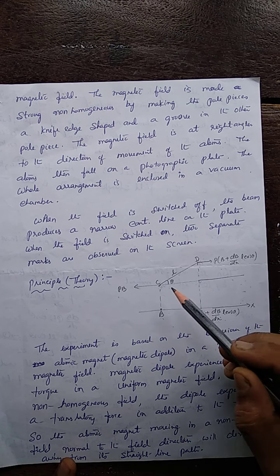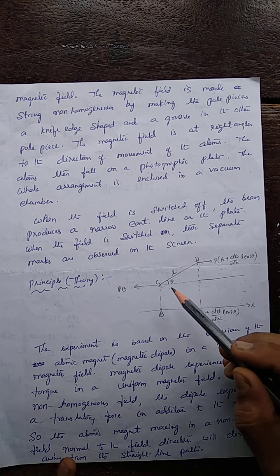So here, suppose the atoms move in this field. Let the field length be L, the total path traveled before they hit the photographic plate. Let the atoms be traveling with velocity v, and let t be the time taken to travel through this field of length L. So we define the velocity of the atoms as v equal to L by t, where L is the length of the path of that magnetic field, t the time taken, and v the velocity.